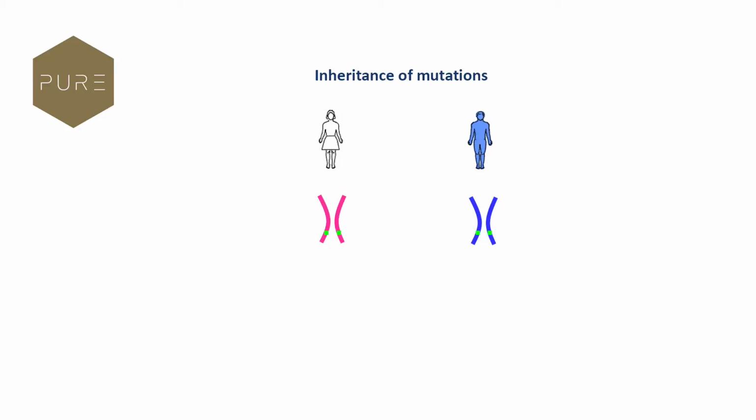And let's look at another example. Again, we have 2 people. They have 2 copies of the lactase gene. That's the one that digests lactose, the one for lactose intolerance. And now let's make 1 of these genes lactose intolerant, so mutated. What happens